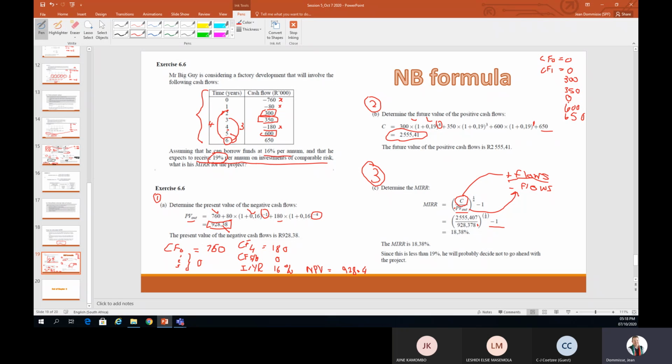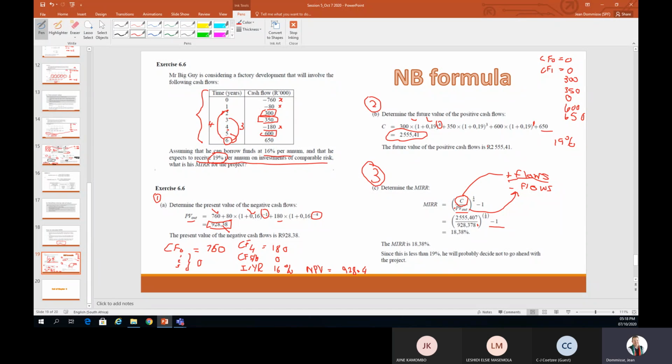Okay, so let's do that. 0 for the first one, 0 for the second one, 300, 350, 0 again, 600, 650. The interest rate that we are working with here is 19%. I just think that's the other important thing. The interest rate is 19%. So now let's hope, if I say net present value,